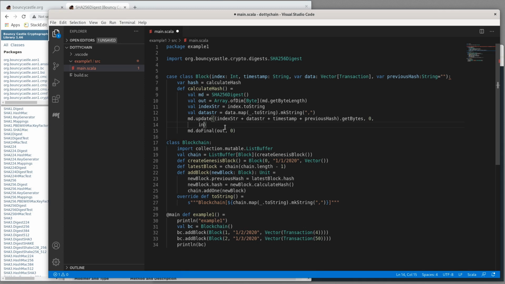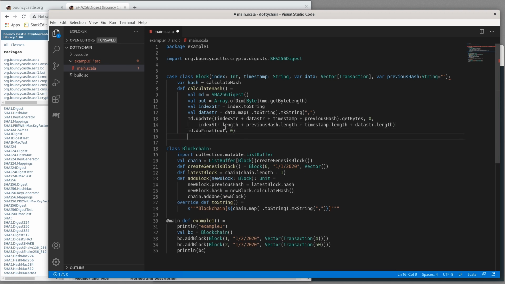And now we just need to get the proper length. So previous hash dot length, timestamp dot length, and let's see, I got data string. Nope, I don't have data string dot length. There we go. And once we have that, let's go ahead and convert the output